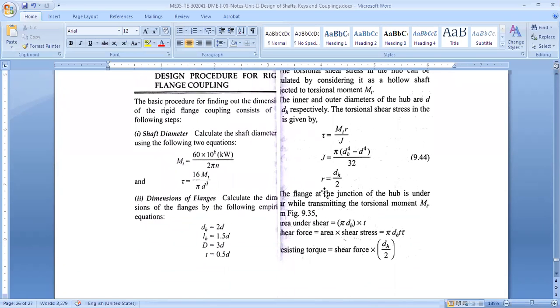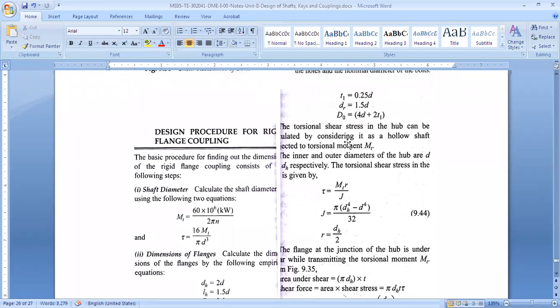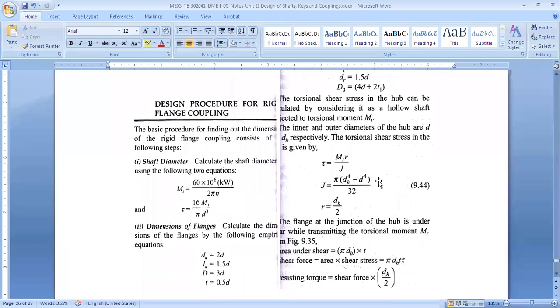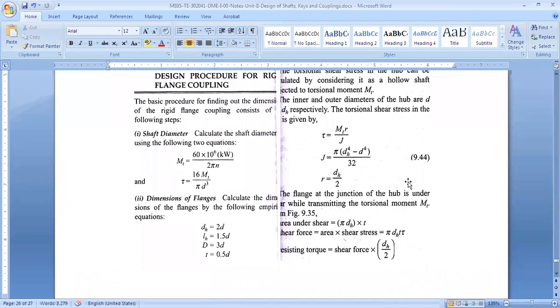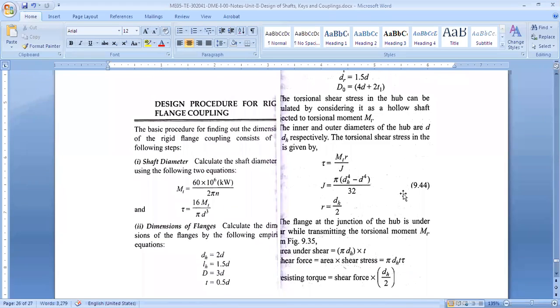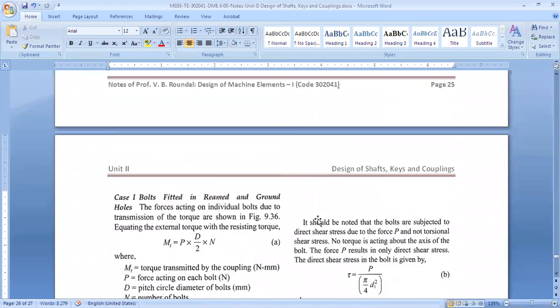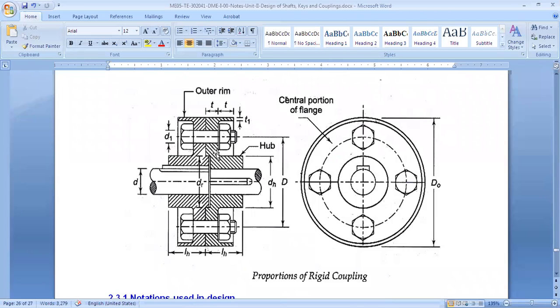Now, so we know now dimensions of all the flange coupling dimensions. We'll just make sure that now it will not fail under different failures. Now we'll try to assume how different things will fail, right? So first thing, now try this hub. Now how will the hub fail? Because of the torsion, now it is rotating, so it will undergo torsional shear.